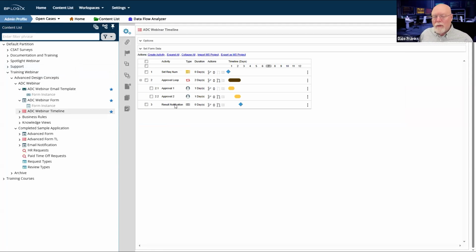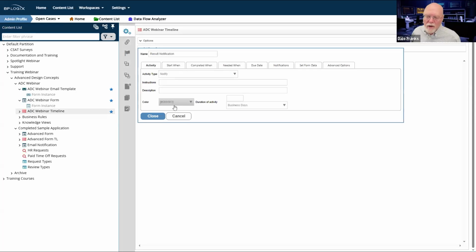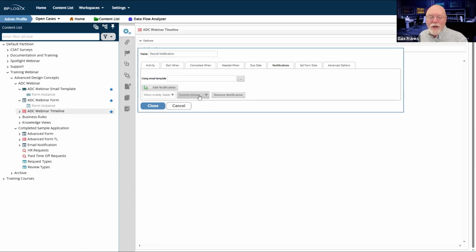In most cases, whenever you have a process, you're going to have more than one type of email notification that you're going to need to send. So even in this very, very basic configuration of a process, and it doesn't get much more basic than this, I'm still sending two different email notifications. When I get to my result notification down here, this is the result notification that I am going to send to the timeline initiator to tell them what happened with their request, or at least to tell them that their